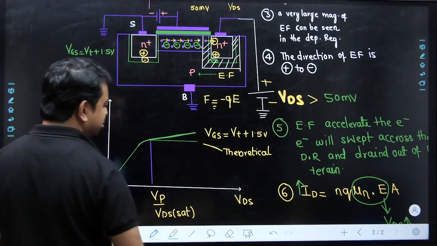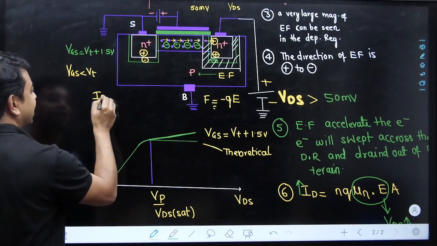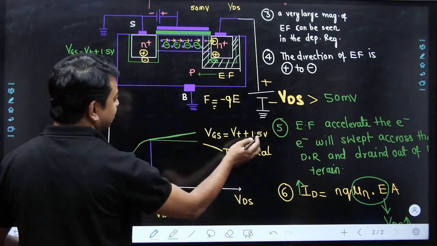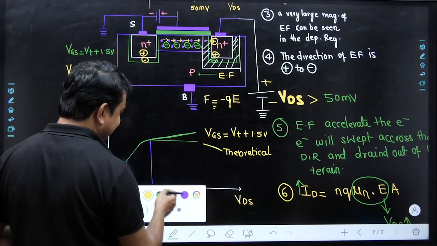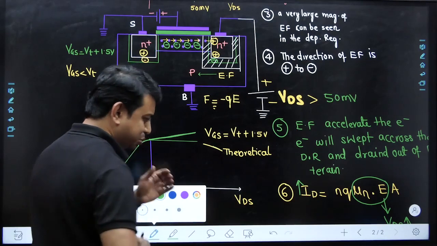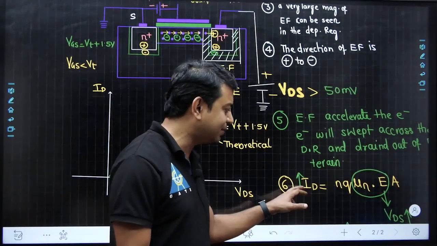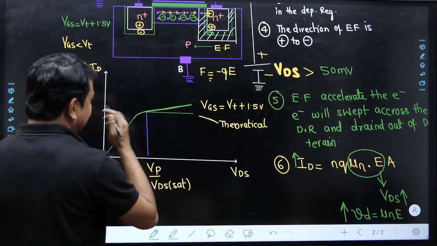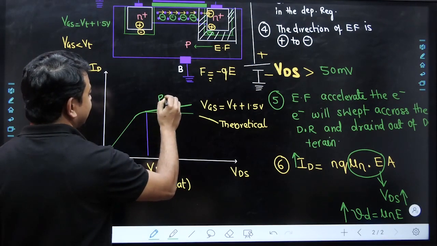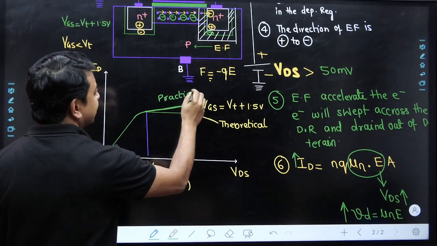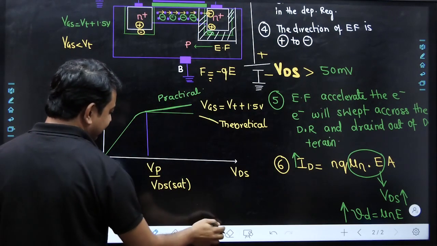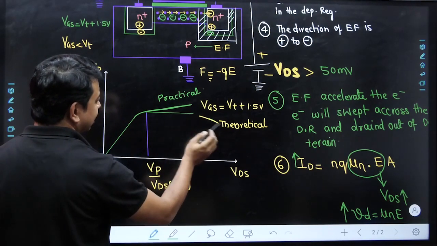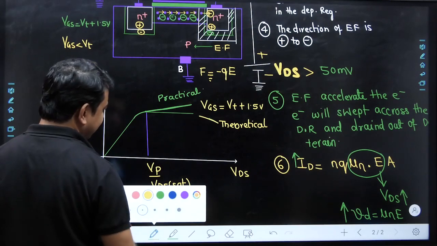But right now we understood that if we increase the value of VDS, and if you want to understand the current value, then we are having VGS equal to VT, the threshold voltage. We are having the current magnitude increasing because the electrons will feel acceleration. This will increase the drift velocity of the electrons, which will increase the magnitude of current. So the characteristic that we have drawn here is called the practical characteristic. We haven't seen this particular saturation line practically when we understood what is happening in this region.